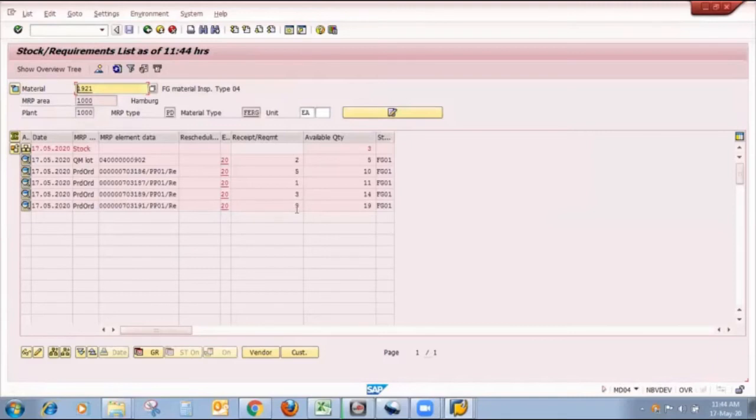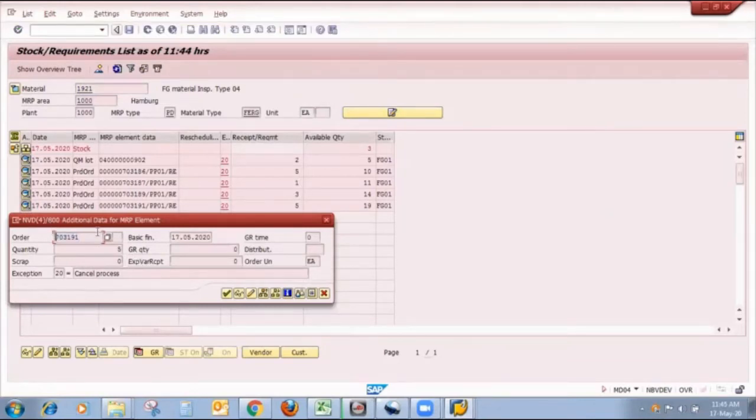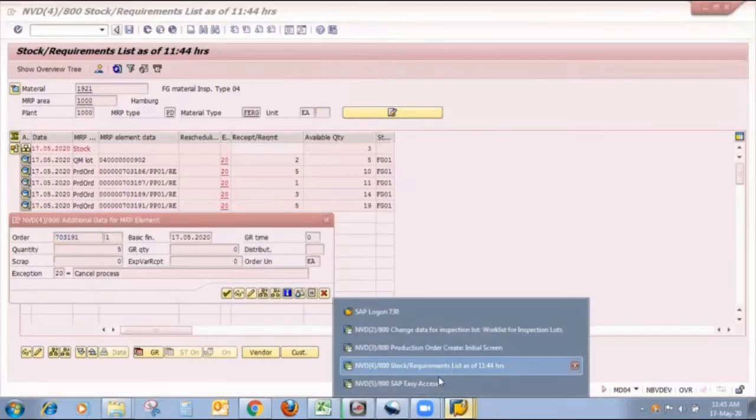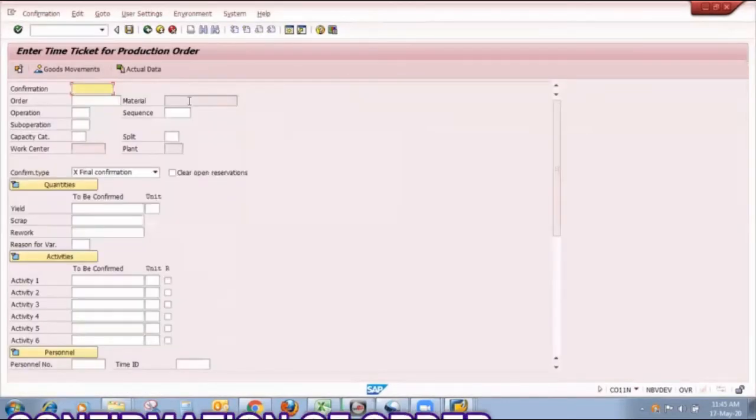As you know, the goods issue process. Now I will move directly towards the confirmation process. This is my finished product order, this is my production order. In the next screen, I will confirm. The T code for confirmation of production order is CO11L.